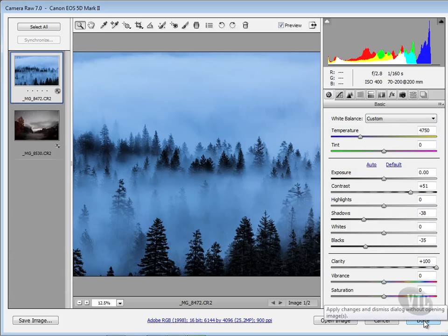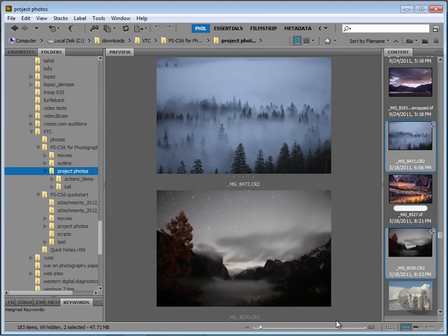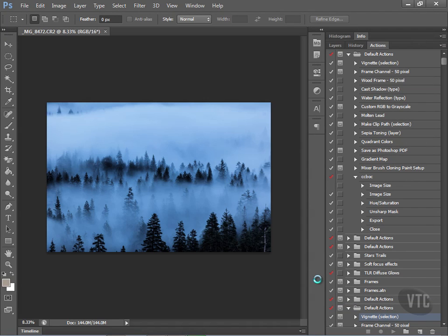And as the dialog box suggests, it does apply the changes without opening the image. If you want to open the image with these settings, then click on Open Image, and it will automatically open the image in Photoshop. Now that it's in Photoshop, let me direct your attention to a couple of things up here in this tab,